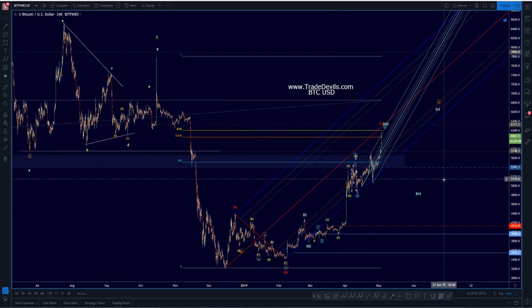So where are we? What do we got? Once we broke this, your bias should have flipped long. Then we were expecting resistance at this level. I mean, we've had this. You guys have seen this giant blue line on my chart forever now. And then we had this resistance zone, consolidation under it. And not to mention this 50 that I said was so important on Bitfinex,